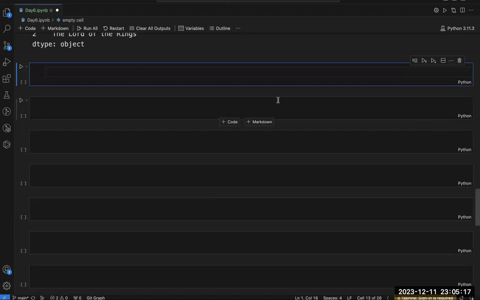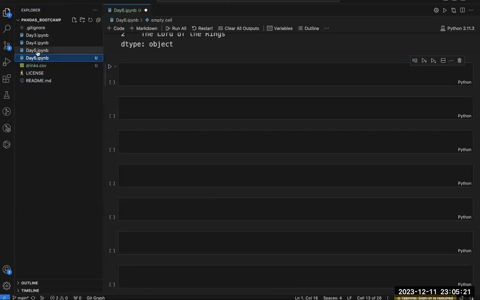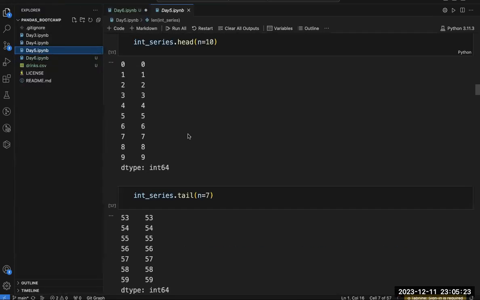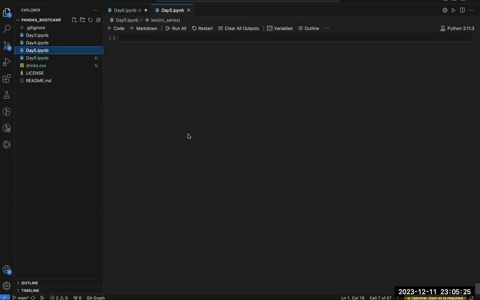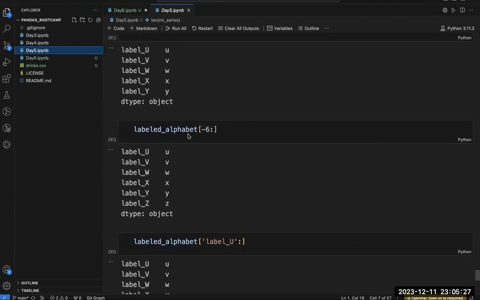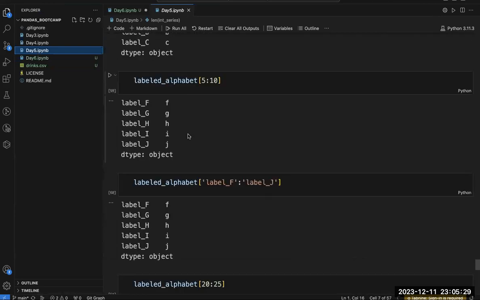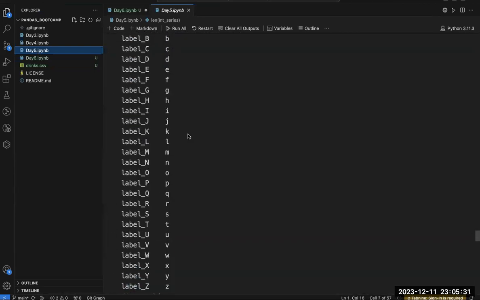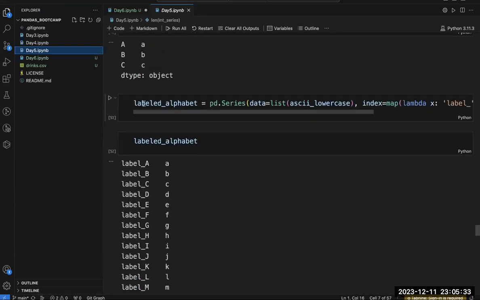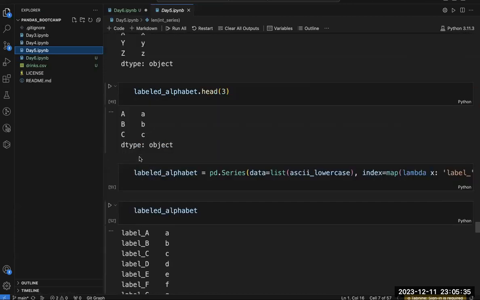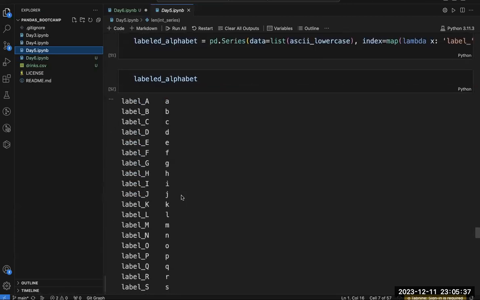After that, in my day 5 session, you can see the last thing we have done: we wrote a labeled alphabet, and inside that I added this string before the alphabet in the label section. Label underscore I have added.